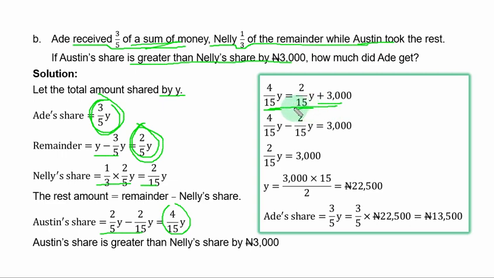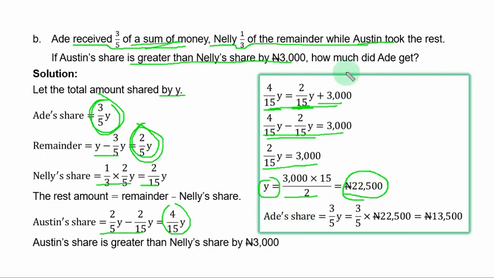So let's collect like terms by transferring this term. You have it in this form. If you simplify the left hand side, you have 2 over 15 y equal to 3,000. If you make y the subject, you have 3,000 times 15 divided by 2, and that is